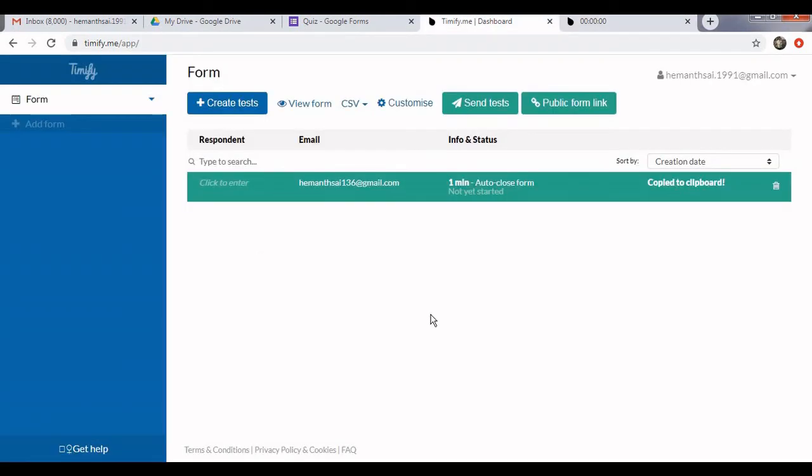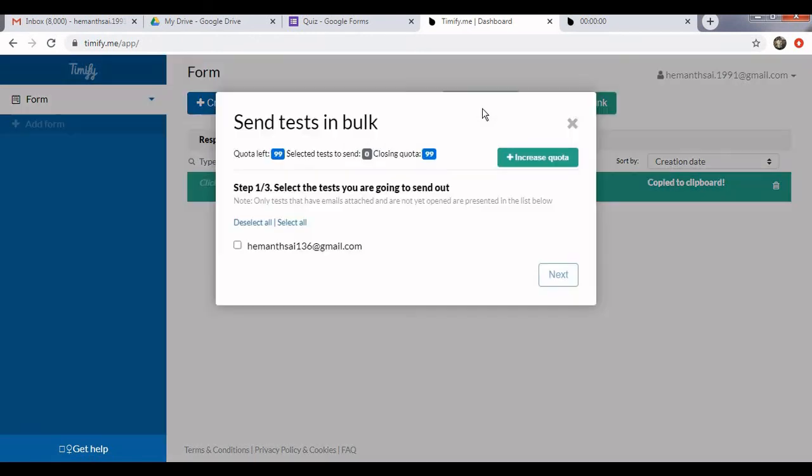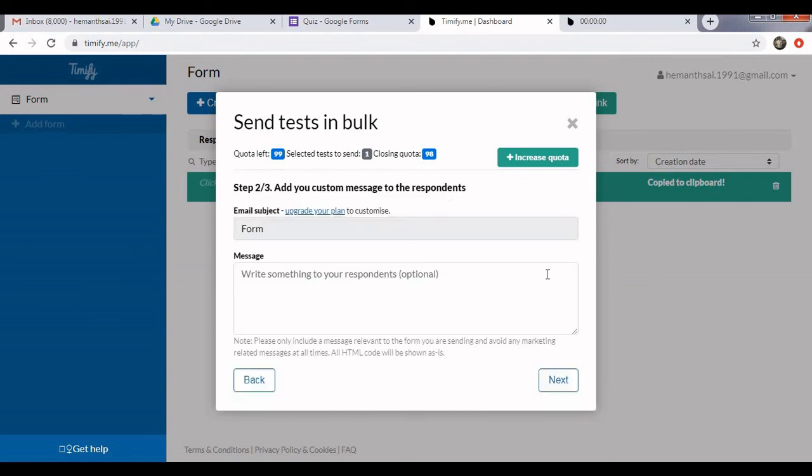Apart from that, we can also send the test to the concerned mail IDs using the option send test. Select the ones to whom we have to send the assignment or test, and click on next.